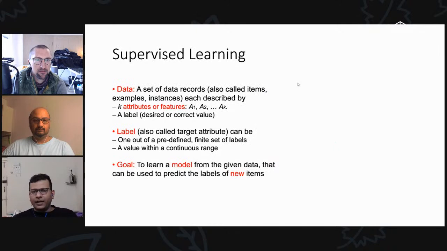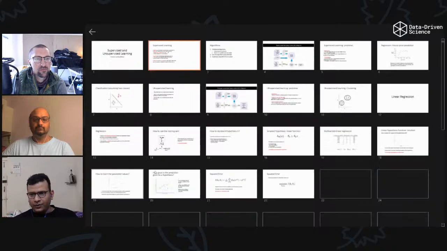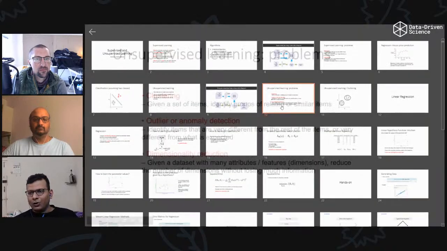So the reason I brought it up is this slide. When we say unsupervised learning or supervised learning, people feel like we are just talking about machine learning. But no, we can do supervised learning in machine learning and deep learning. Similarly, when we talk about unsupervised learning, which we will see in the slide deck, probably we won't have time to go through all the slide deck.